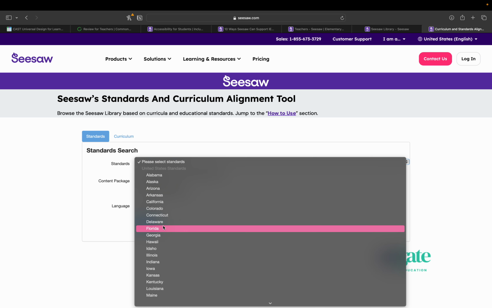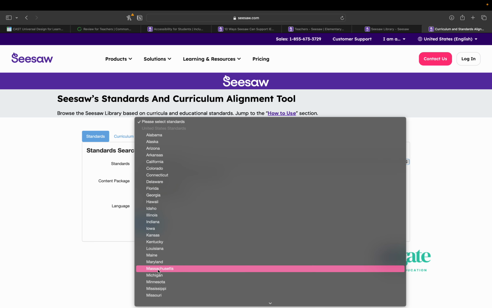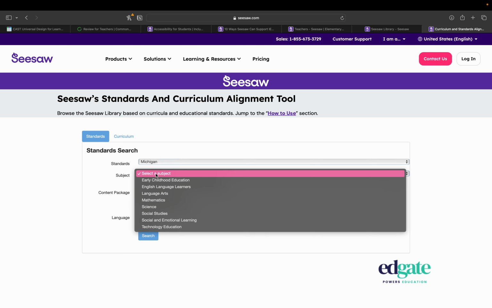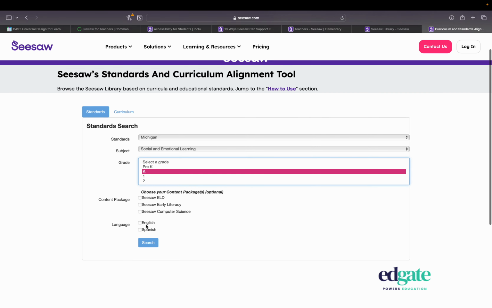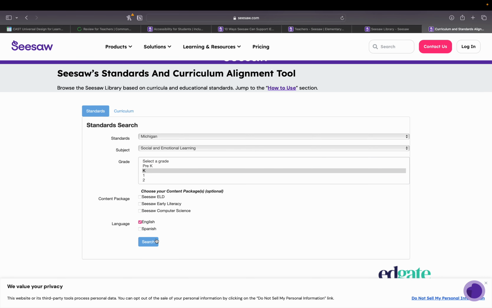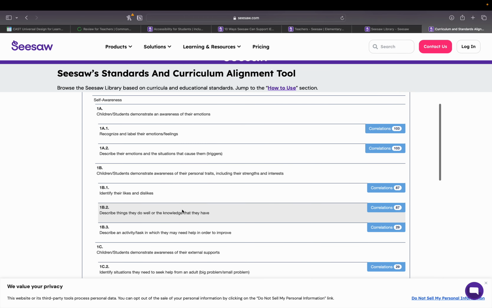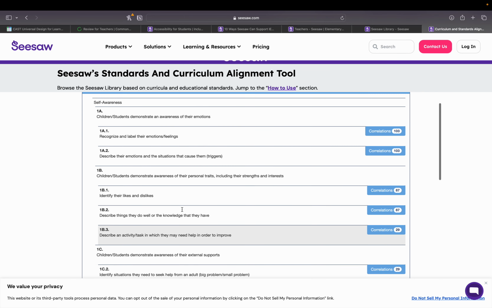So if you go to Michigan, you can choose a subject. Social emotional learning goes well with my UDL standards I focused on. Let's say, kindergarten, English, and then search. And then it pops up all these different things that go along with it.